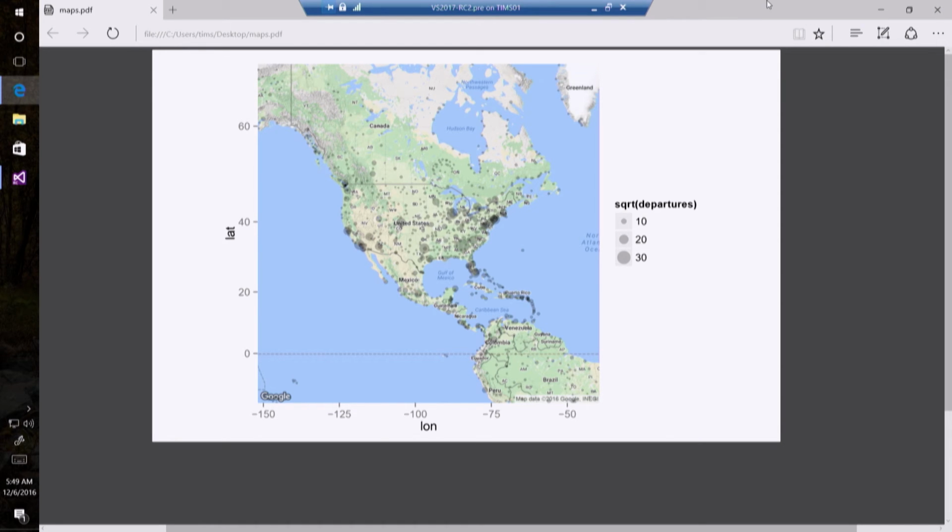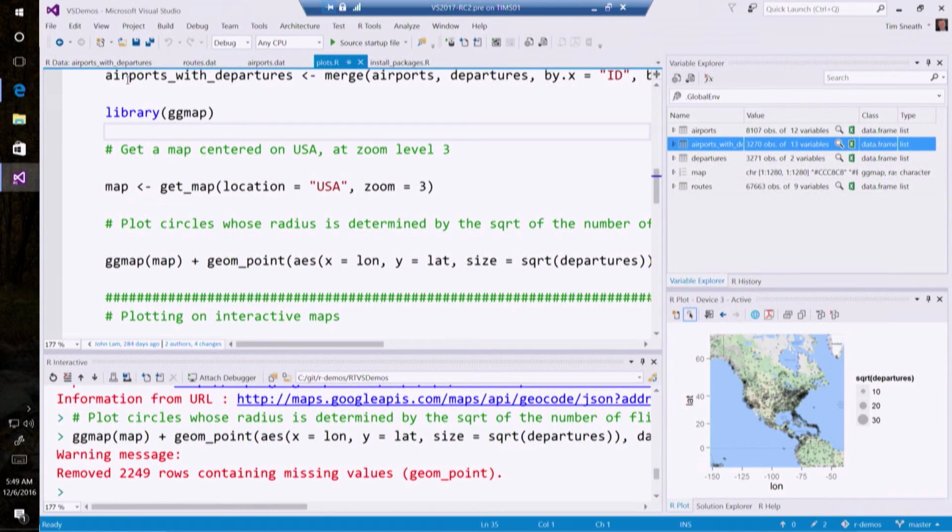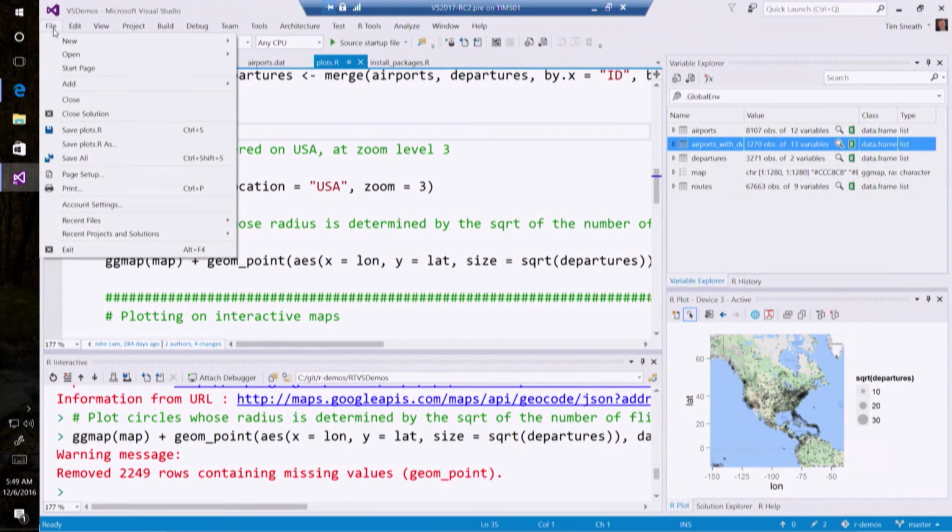I can go and debug that line by line. I can trace through the different elements here. You can see I can attach a debugger and get a lot more out of it. So that's R. Let me take one more example here, and I'm going to go ahead and use Visual Studio